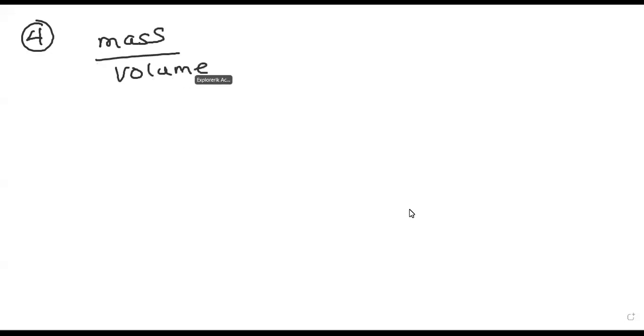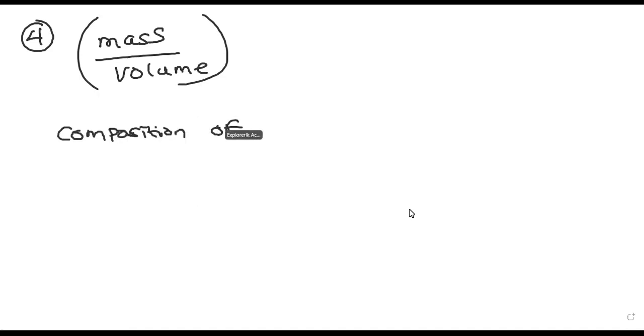Fourth method is expressing the composition of a liquid mixture in terms of mass over volume. Right, expressing the composition of a liquid mixture in terms of mass over volume. So the general equation for this composition of a liquid mixture